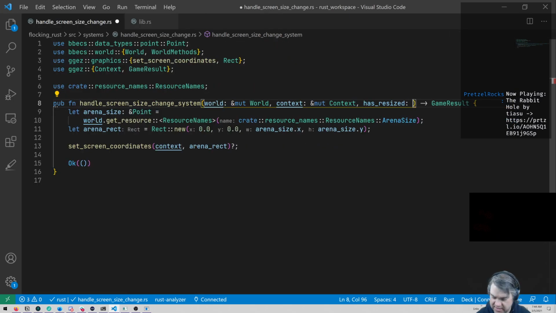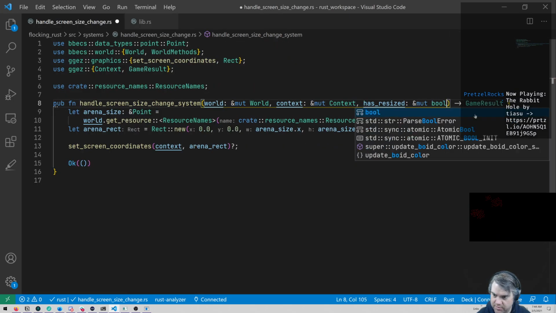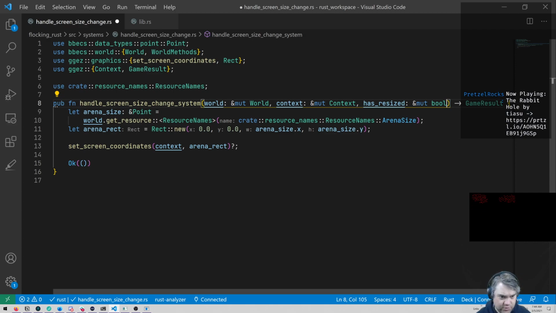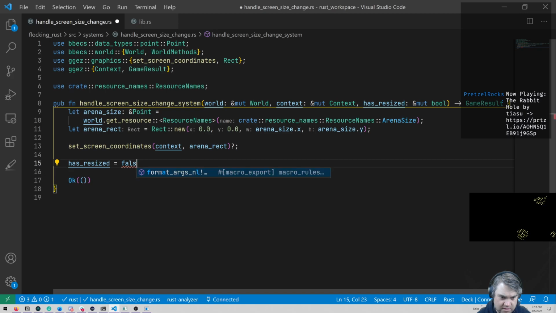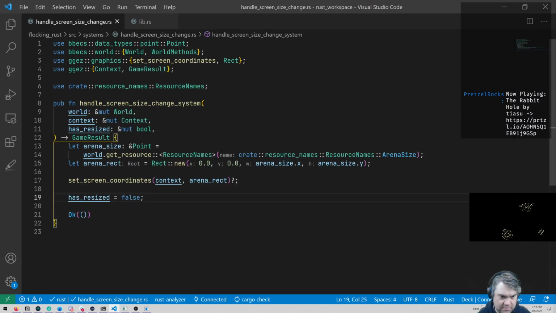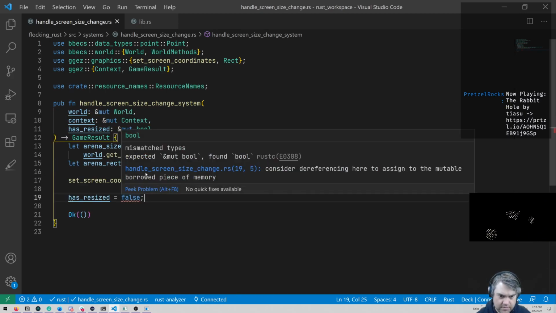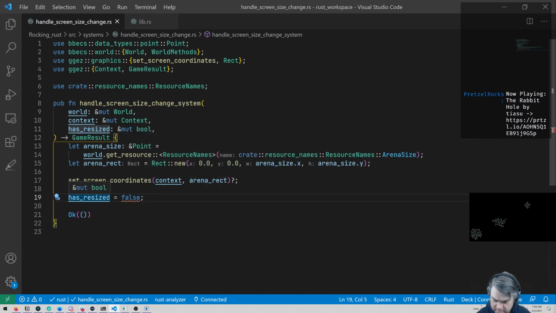Has resized is just going to be a mutable reference to a boolean. After we do all of this stuff, I then want to say has resized is now false. I need to dereference it to get the exact position in memory and then flip that to false.